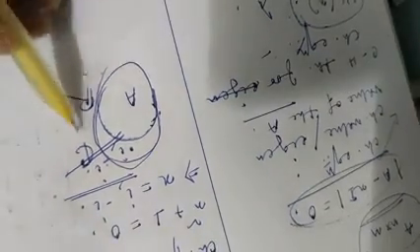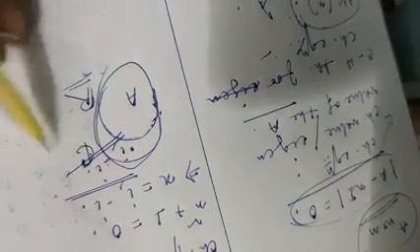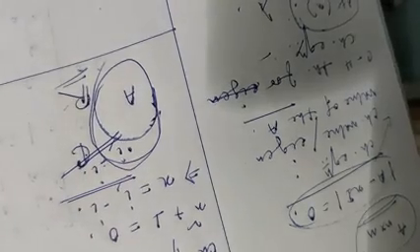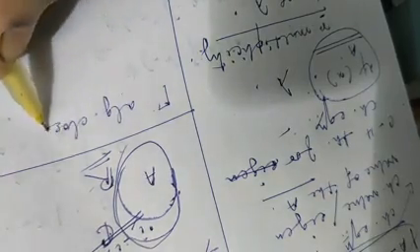So for that reason, we have considered gamma to be the algebraic closure of the field K. Here for this particular example, C is the algebraic closure of the field R. So not necessarily will all the eigenvalues belong to the field from which we have taken the matrix. So for that reason, we are considering its suitable algebraic extension. Let gamma be the algebraic closure of the given field capital K.